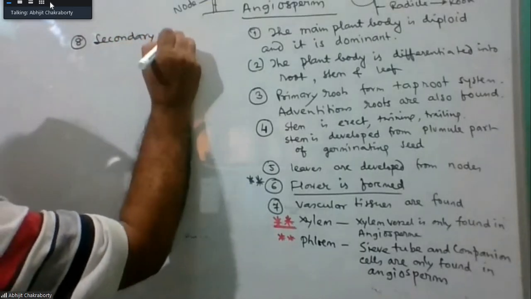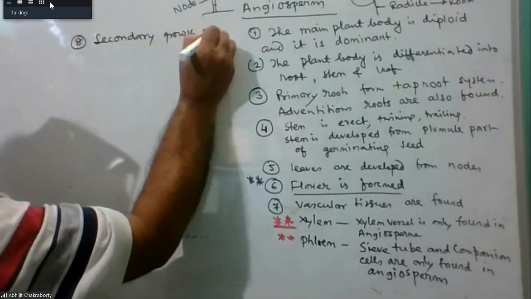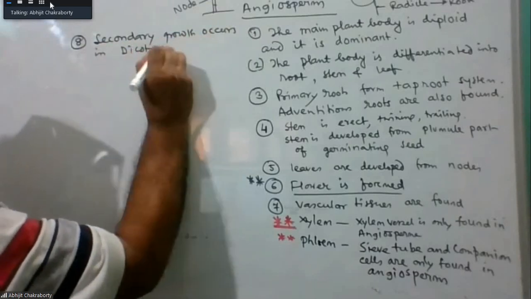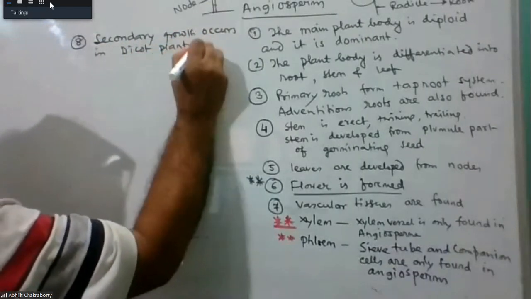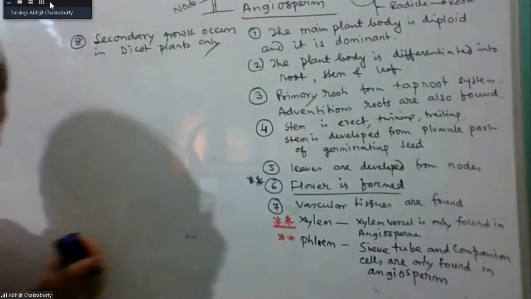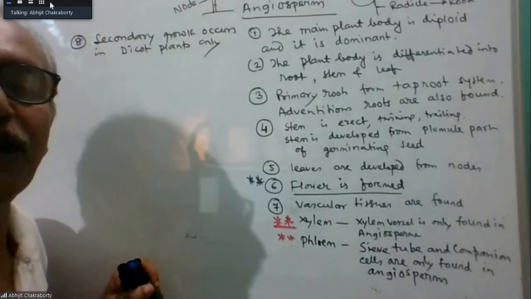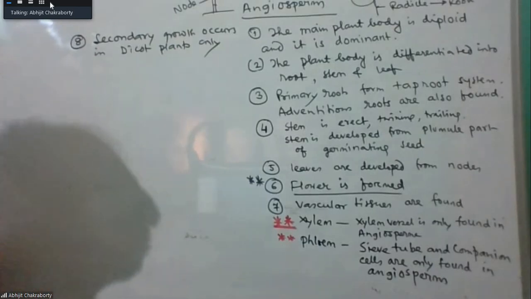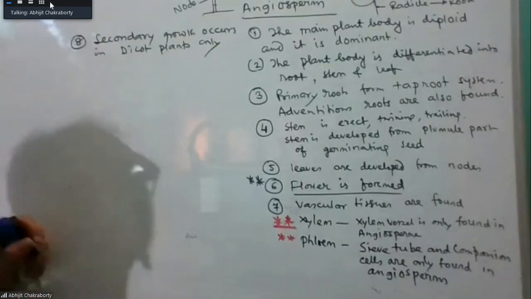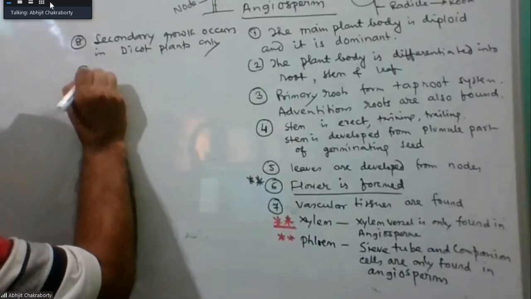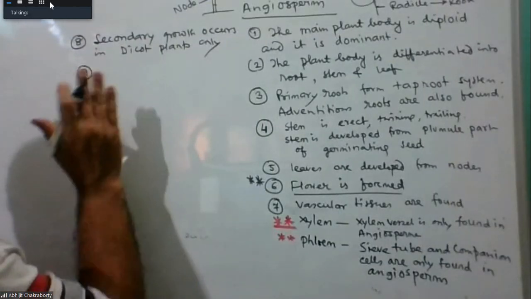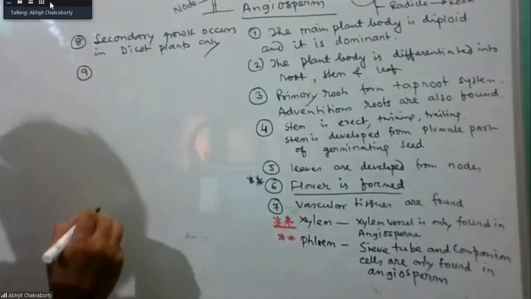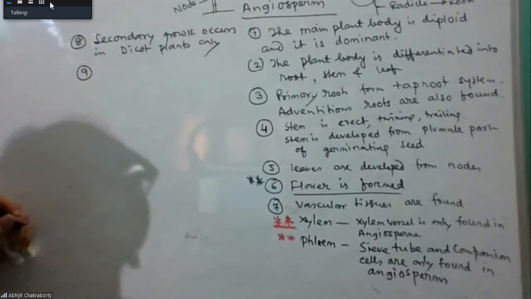Obviously, secondary growth occurs in dicot plants only. You know, angiosperms are of two types. One is dicot, the other is monocot. So secondary growth doesn't occur in monocots, only in dicots. Next one is, secondary growth occurs in dicot plants only. Next point comes,